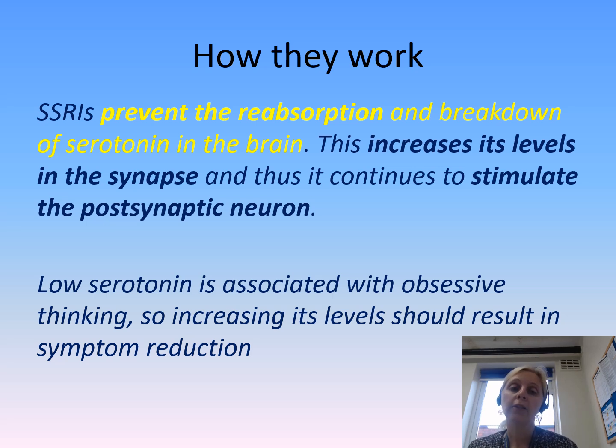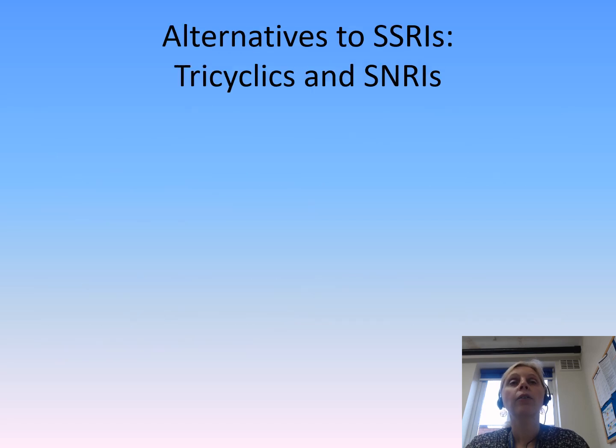And you can say, as a result of less obsessive thinking, there might also be less compulsive behavior because you don't need to carry out the compulsive behavior to reduce the anxiety of the thinking. So the root of the problem seems to be the anxiety. Now, because SSRIs alone might not be enough to generate 6 marks, and also as part of your evaluation you might want to compare different types of drugs, there are a couple of alternatives to SSRIs. SSRIs are the first port of call and the most used